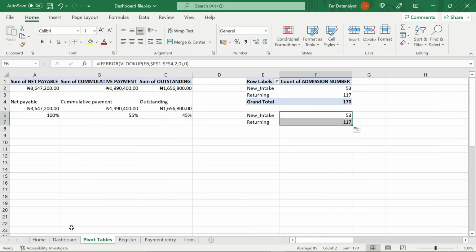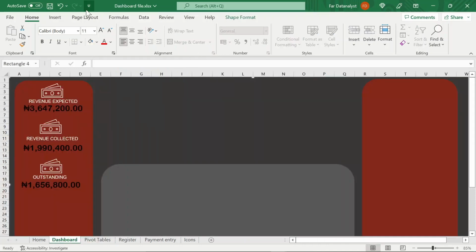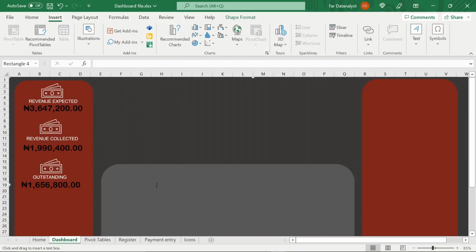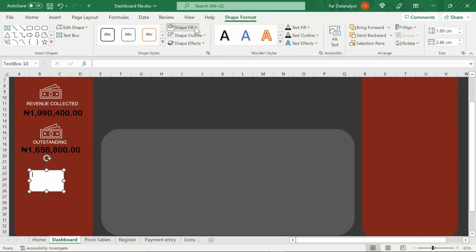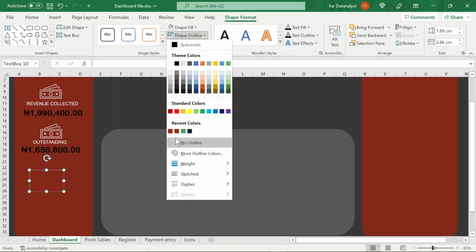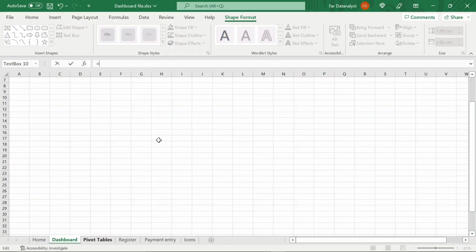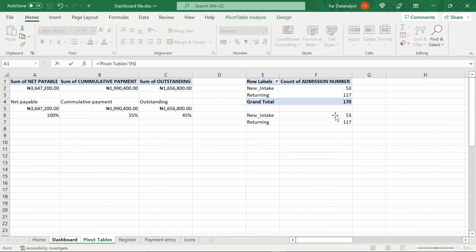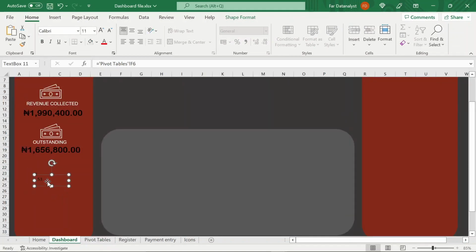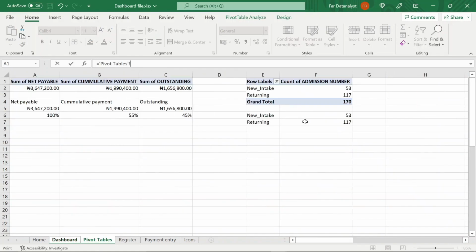Good. So the next thing I'll do is I'll come back to my dashboard, insert another text box, come to shape fill, then I say no fill. I come to shape outline, then I say no outline. Come to your formula bar, then insert an equal to. So this is going to help me extract the values I have. So I'll be picking this first one, which is 53. Control C, Control V. Now I come back to my formula bar, I cancel this, then I select the other value, which is 117,